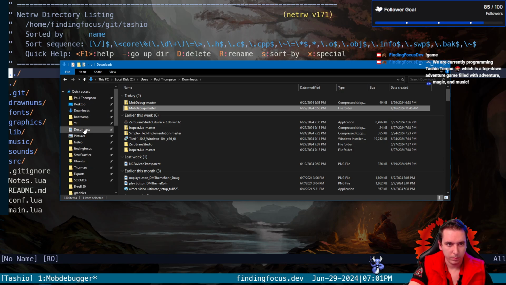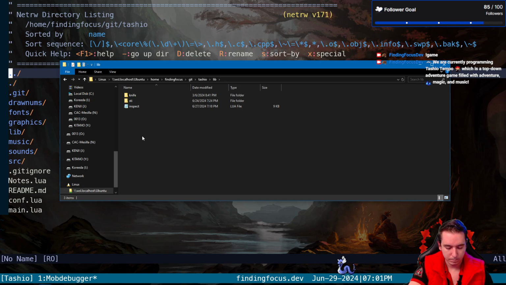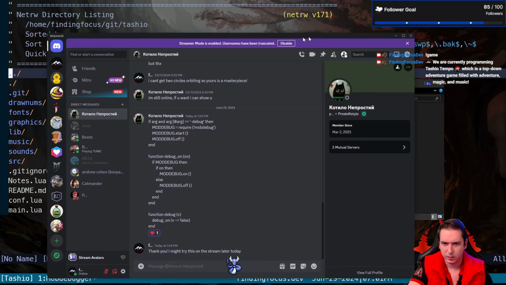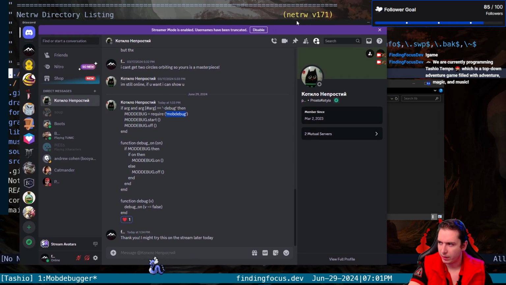We're going to go over here. We're going to add it to our library as Mob Debug. And then our pal Prosto sent us some code here for how he was using it. So this went in the main file. So we'll try to do that. We'll put this in our main file and see if we can get the same kind of